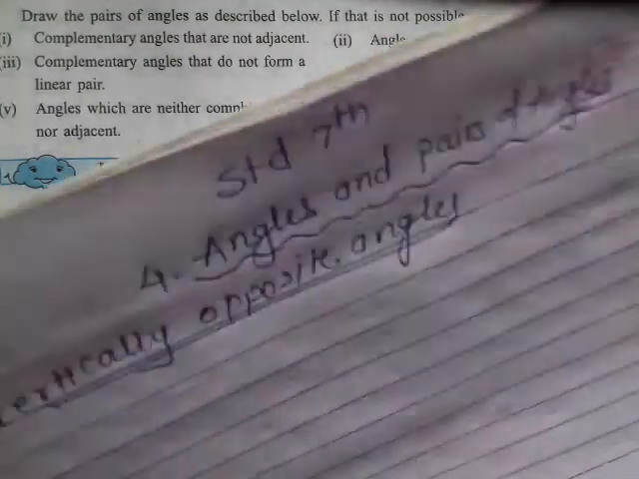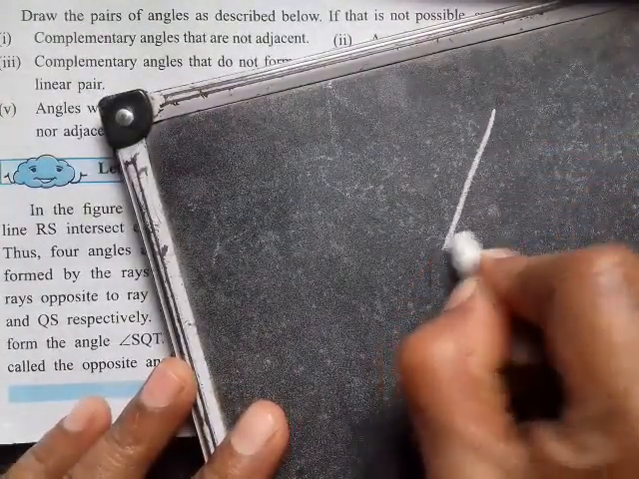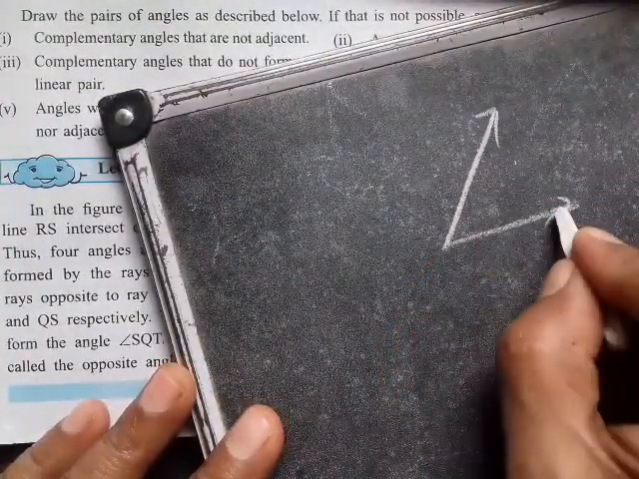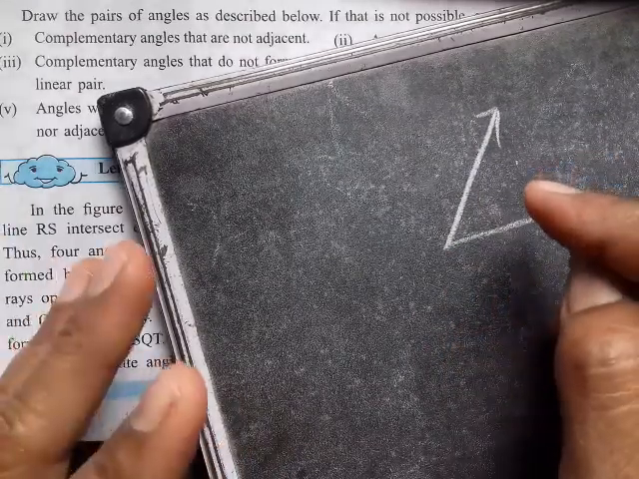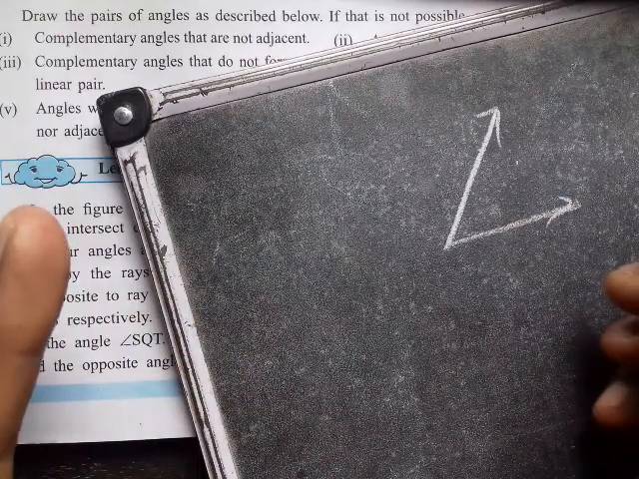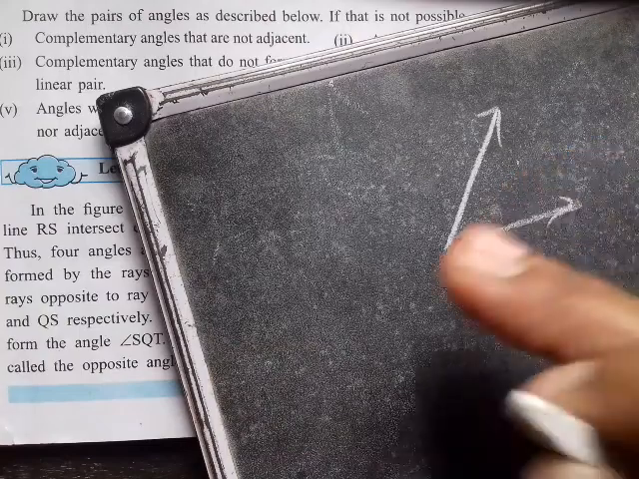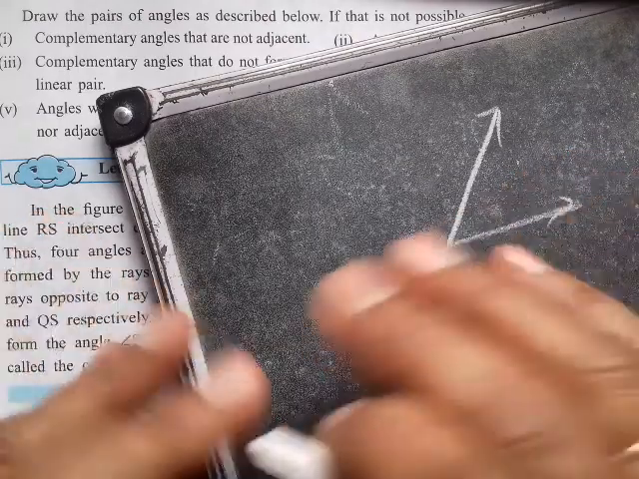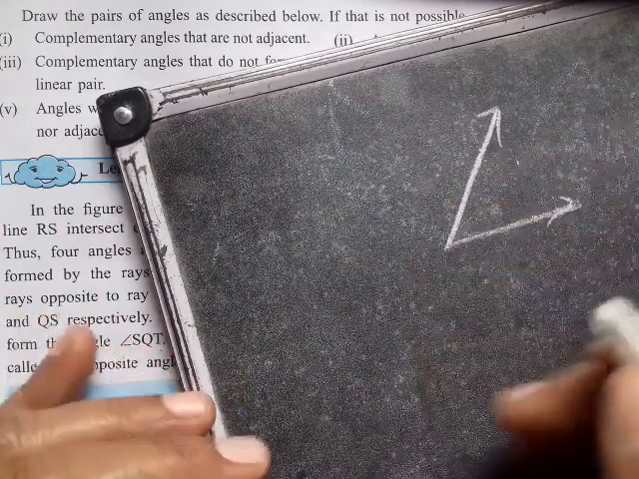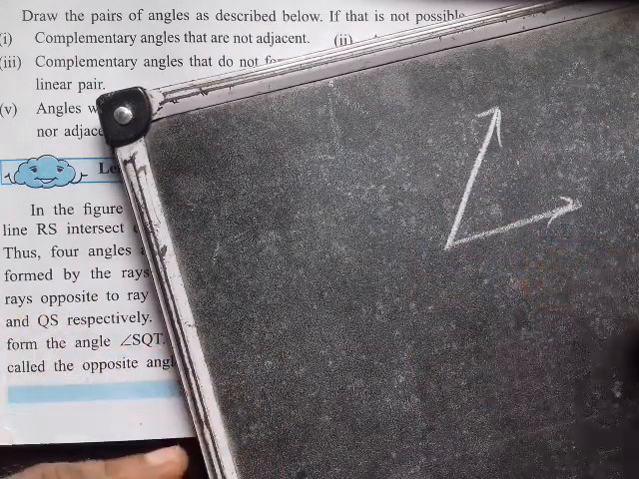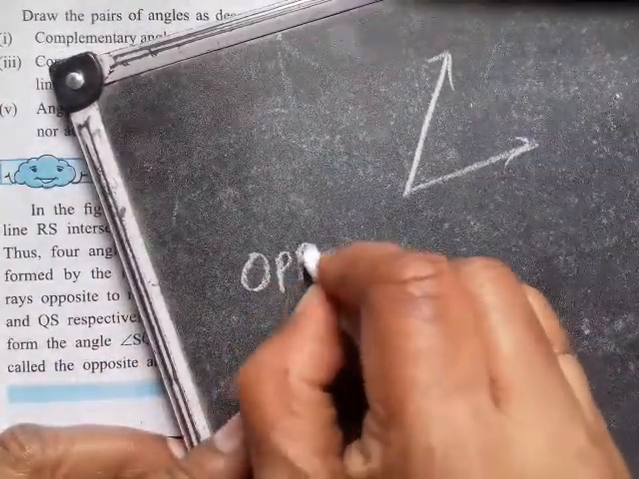What is an opposite ray? Now, suppose a ray. We know the angle has two arms. This is an acute angle because it is less than 90. Then a right angle, whose measurement is 90. Then an obtuse angle, whose measurement is more than 90. The straight angle's measurement is 180. More than 180 is called a reflex angle. And the complete angle's measurement is 360. That we have studied. But here, opposite ray means